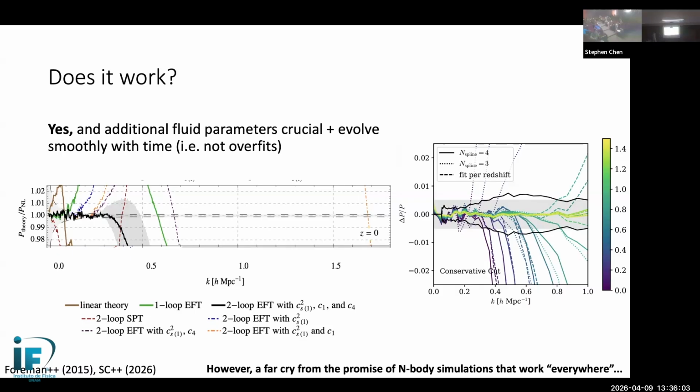What is the gray area here? This is some theoretical error that is estimated for the 2 loop? Yes. No, I wouldn't take it too seriously. But the parameters that you have there are fit to the simulations? They are fit. So they have to be fit to data. They cannot be derived from first principles, in the same way that the sound speed of water cannot. But you see, the fact that they are very smooth functions of time is actually evidence that we're not overfitting, right? That there's a smooth evolution of these fluid parameters over time.